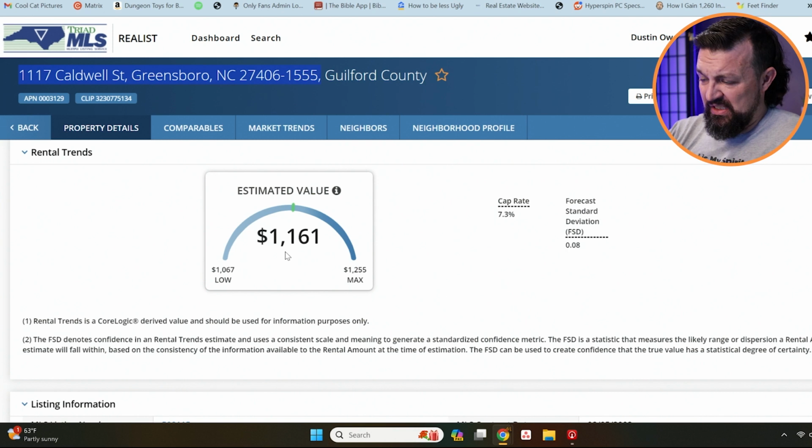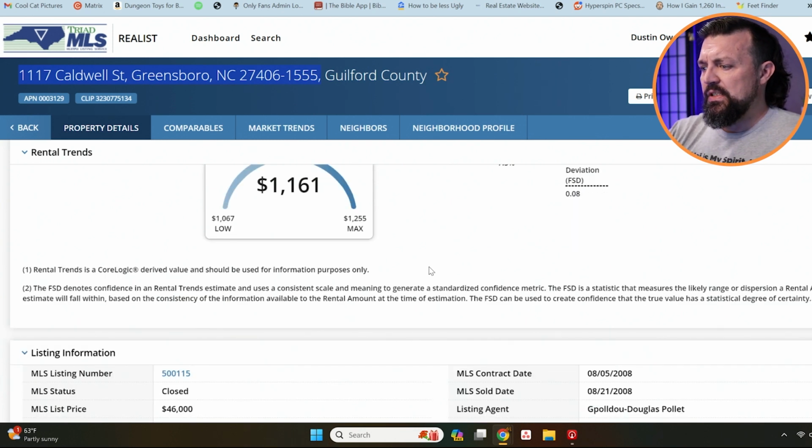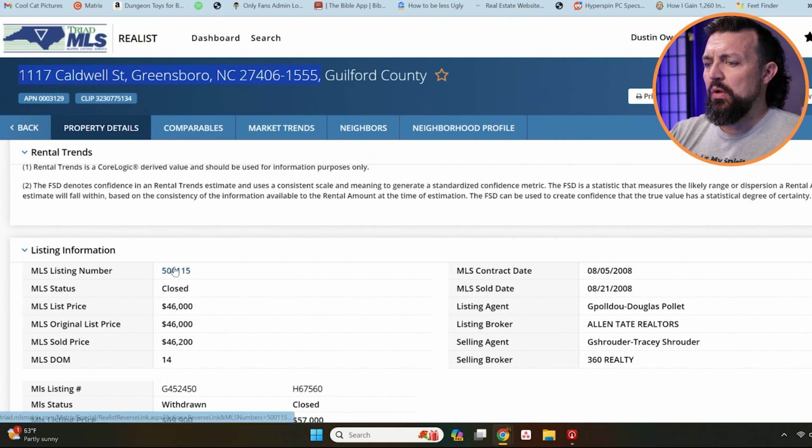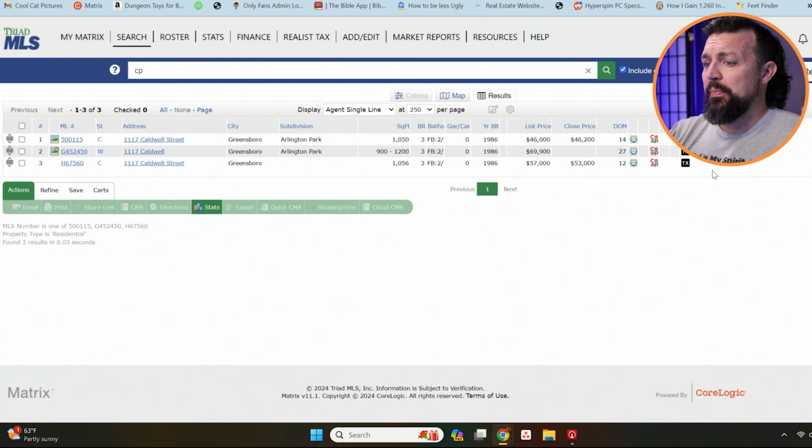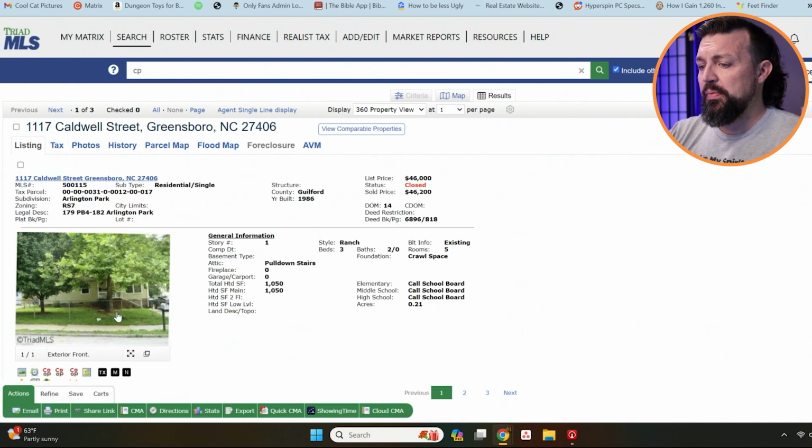So that's a pretty decent difference, $120 from this one to the other side. All right, so then right here we can look to see when the actual property was purchased, the last listing that is on there. If it hasn't been listed, it's not going to show up here. So if you click right here, you can see when the property, it pops straight back up into our MLS and shows you all the previous listings off of it, and shows you here's what the property looked like whenever